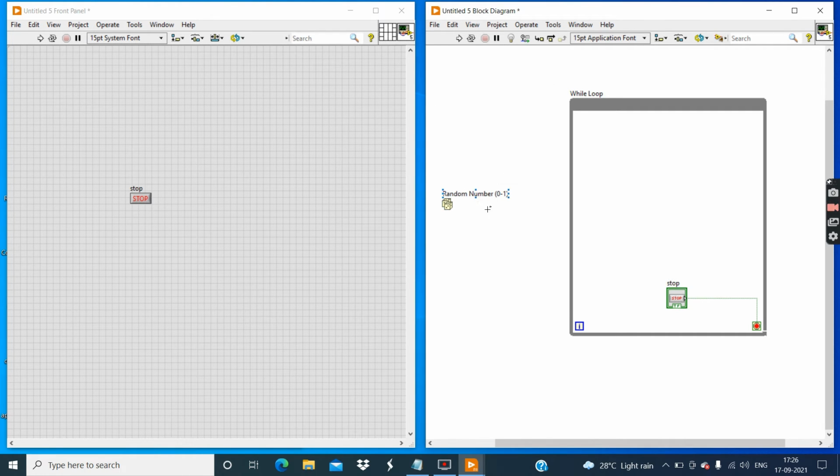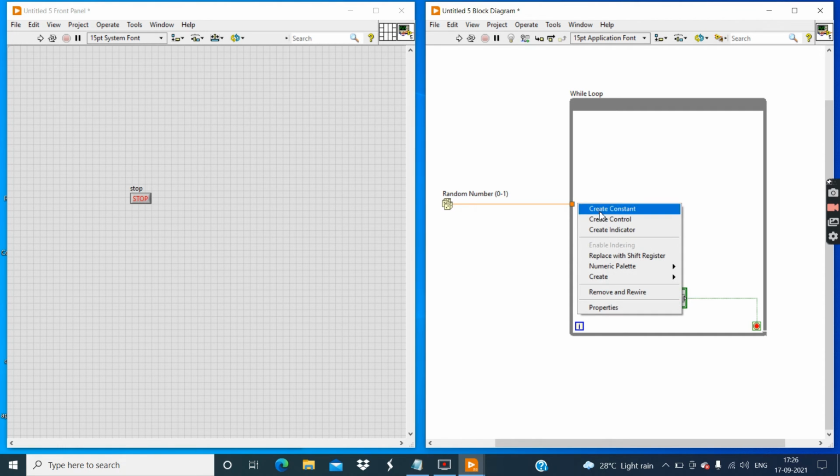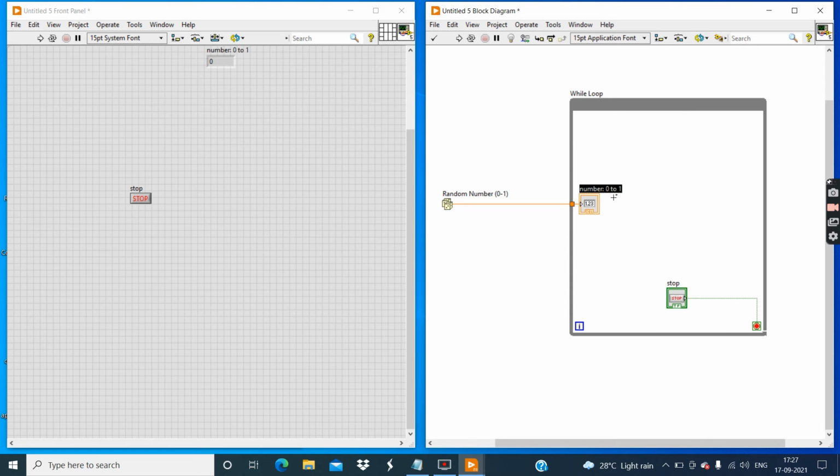Now you can see the random number. Now connect this random number to the subdiagram of this while loop, and then create an indicator. We'll get a result in this indicator.